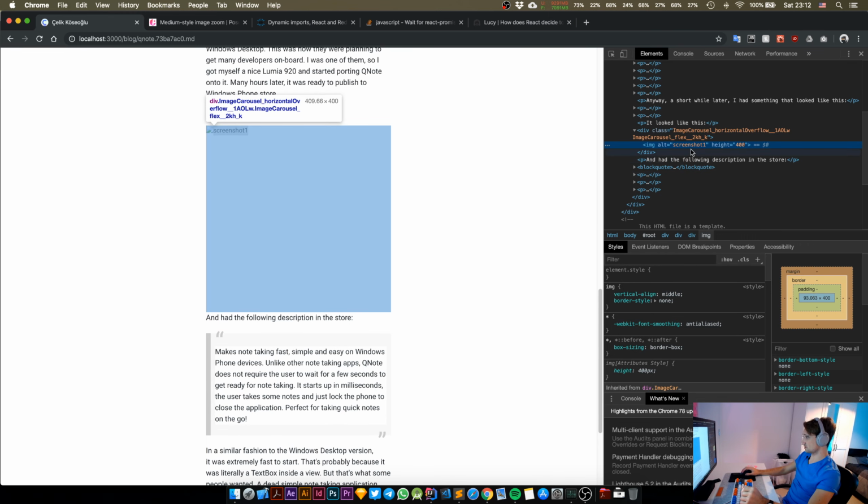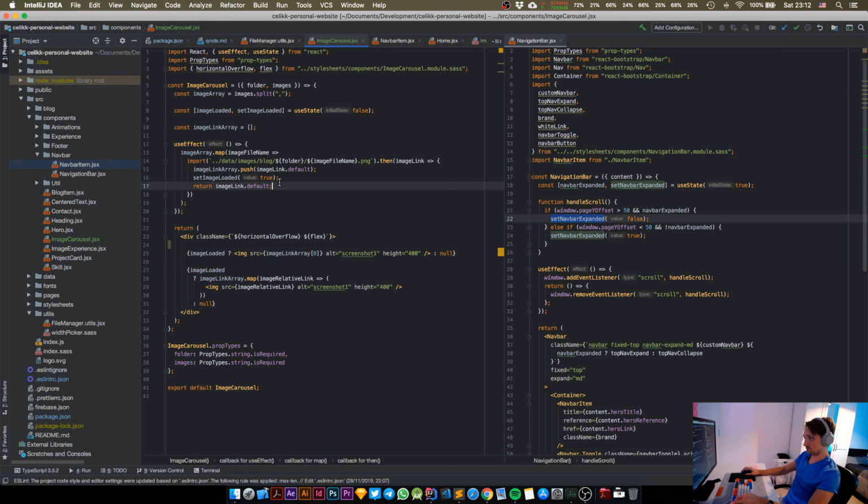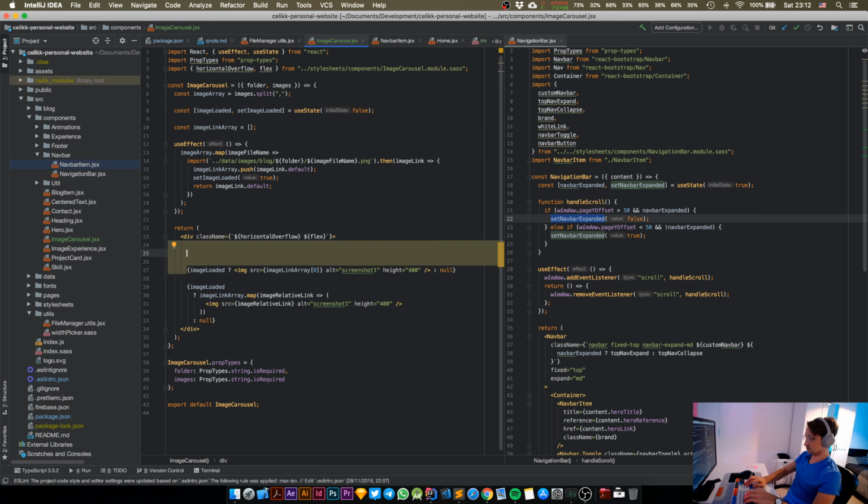Okay, the source is not set, which is odd, considering that I can get them printed in. Wait, they're not printed now. Oh yeah, I just removed the console.log in there. But anyway, let's do something else. So each time the state changes, then, I mean, after the state changes, then